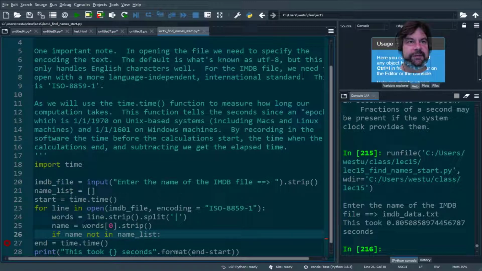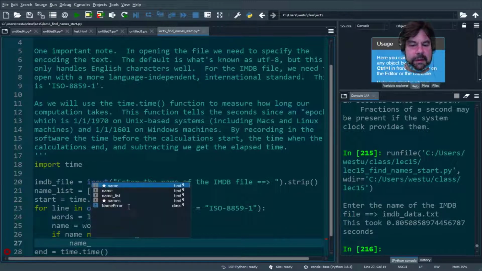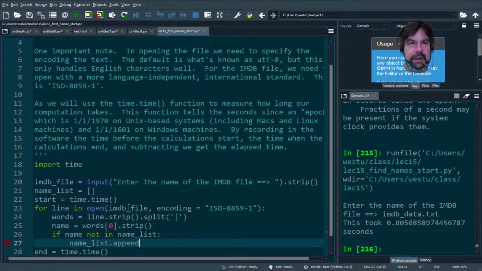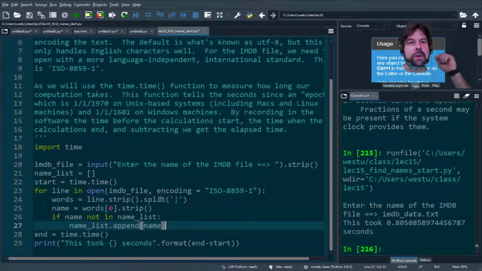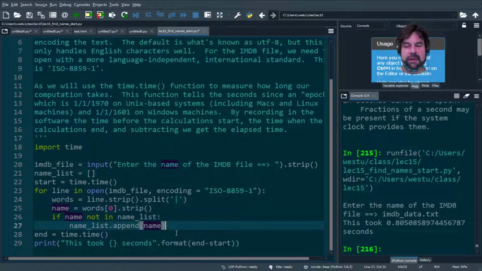Name list starts out as an empty list, and then as we come through here, we'll just say name list dot append name, and really that's all we have to do, right? So at this point, what we've done is every time we see a new name, we check if they're not in the name list already, we put them in, and at the end we'll still measure the time, but we can also say